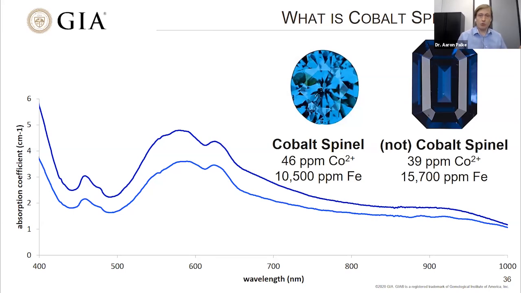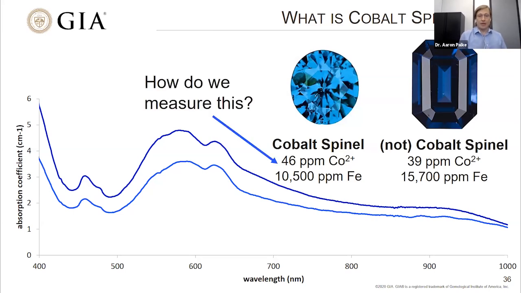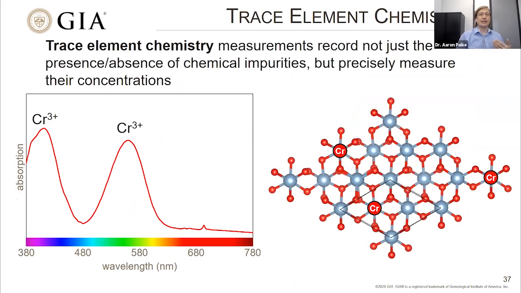Now, this begs the question: how do we measure these concentrations? How do I know that there's 46 parts per million cobalt in this one stone and 39 parts per million cobalt in the other stone? And this brings us to the next set of techniques that we'll talk about, which involves trace